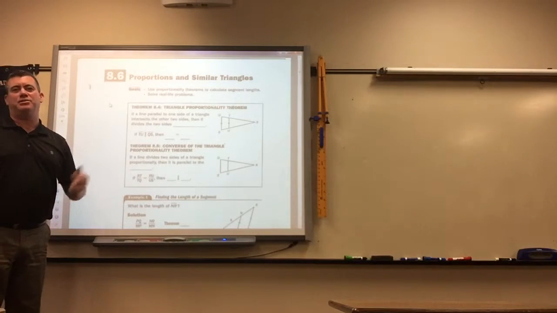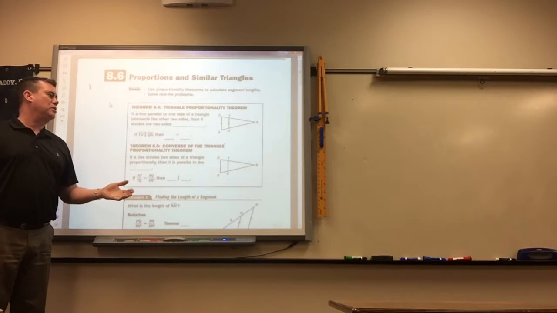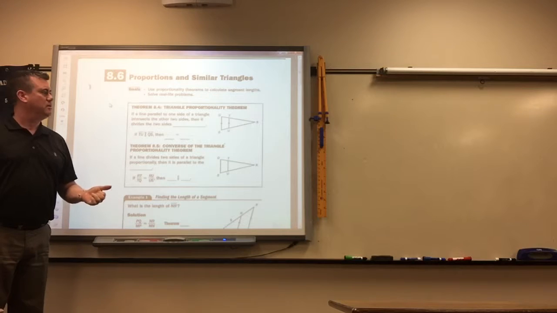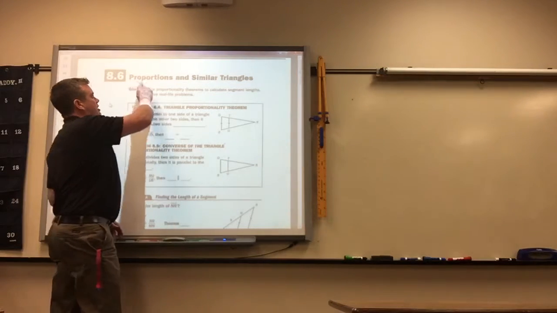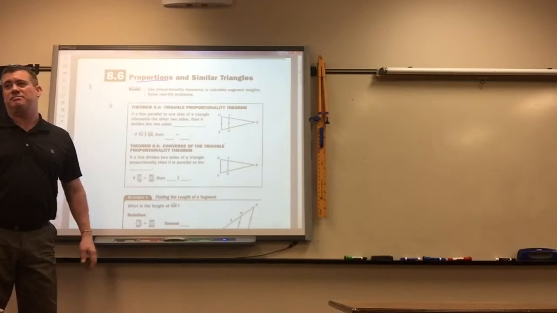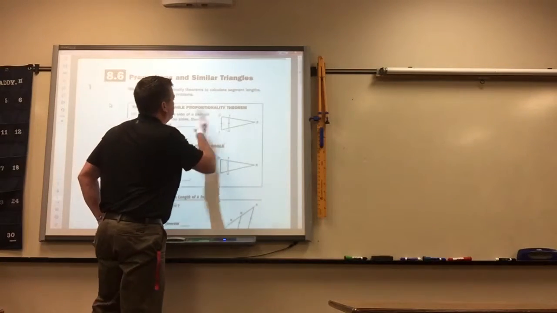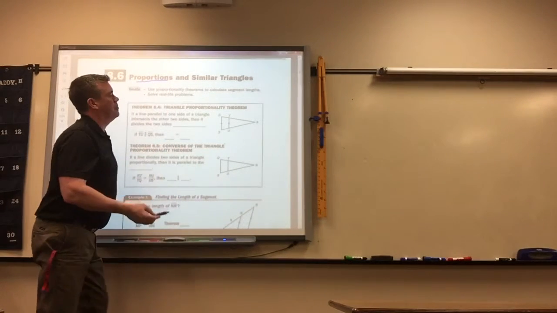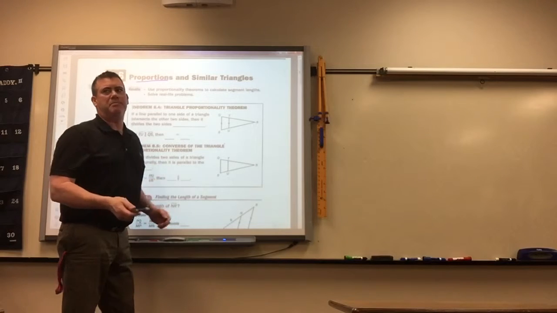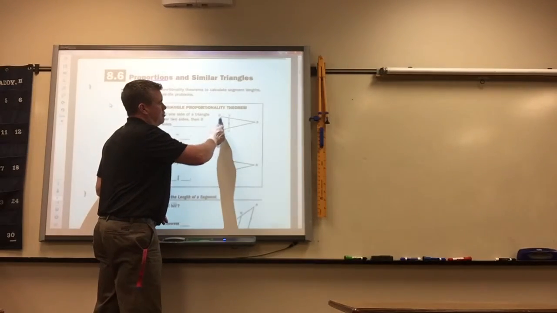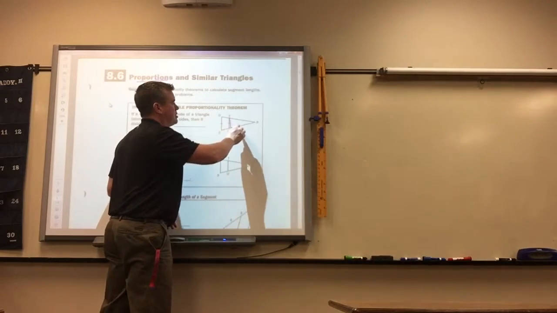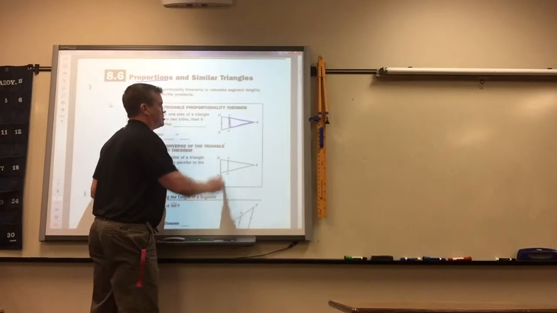Proportions in similar triangles. This section is really no different than the other sections. You're going to write proportions in order to find missing lengths. So, the triangle proportionality statement. We already know all these properties because what they've got here is a little triangle within a big triangle,